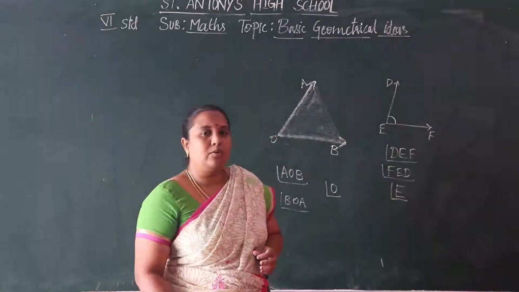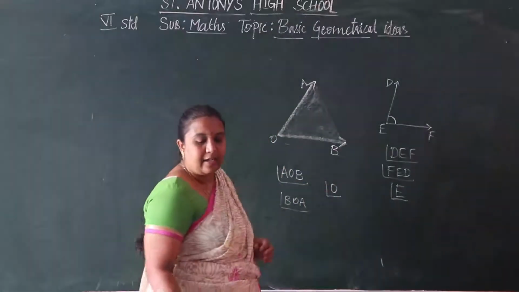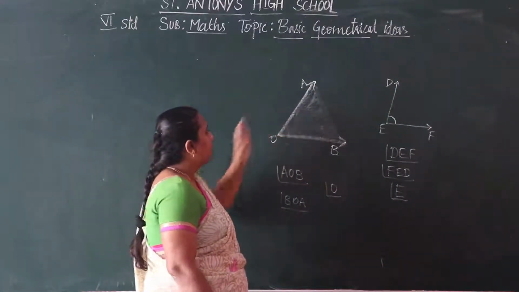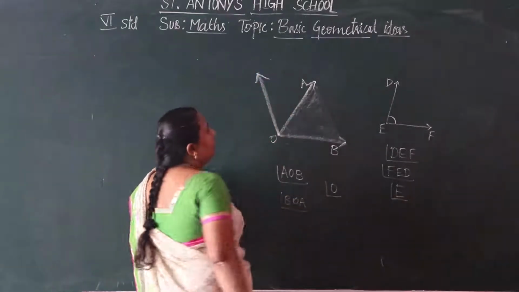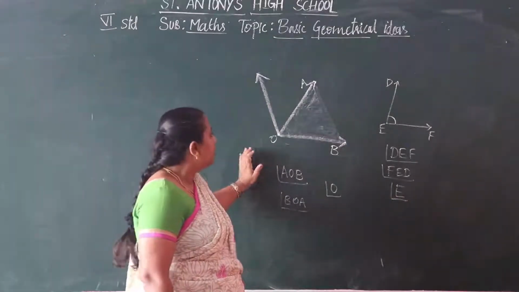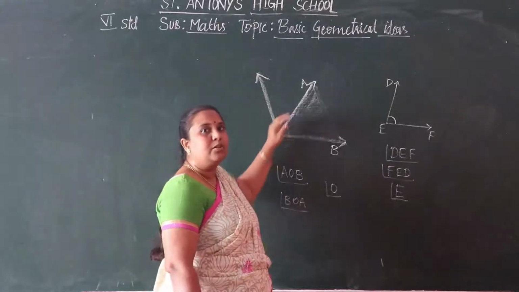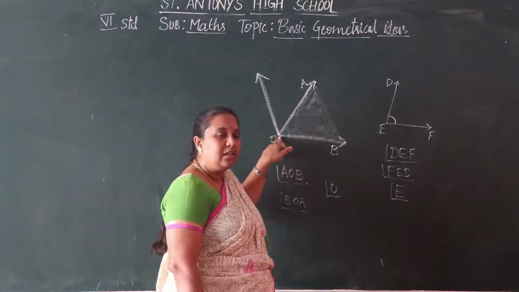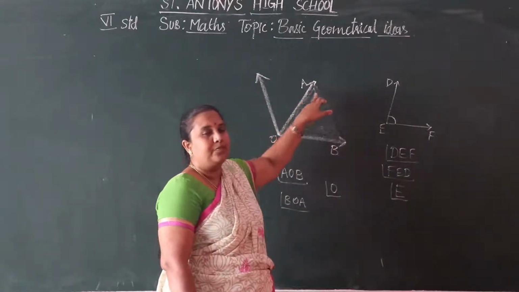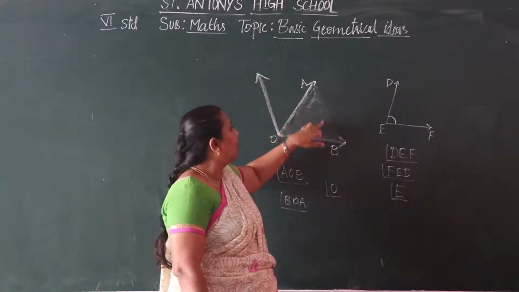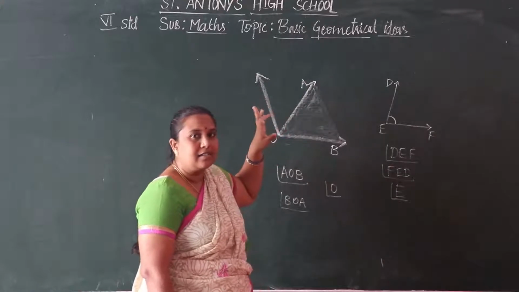And we want to know about adjacent angles. What does adjacent angle mean? We have two angles here. We have joined another ray here. So now we have two angles on a single vertex and a common arm. That we can say is a common arm for two angles. That we can say are adjacent angles. Understood, children?